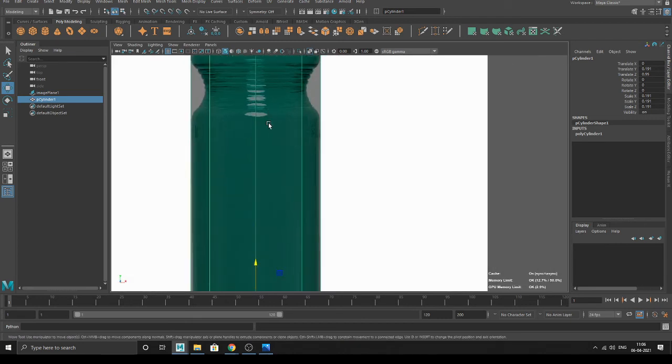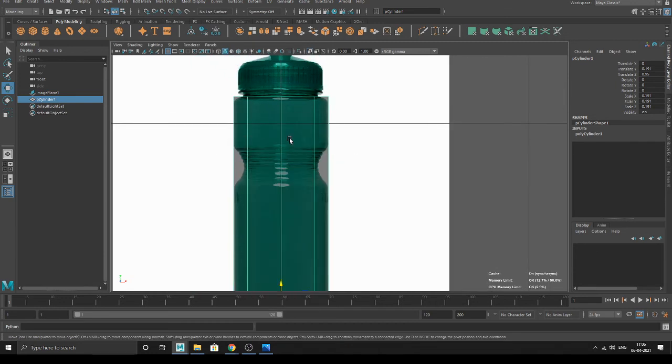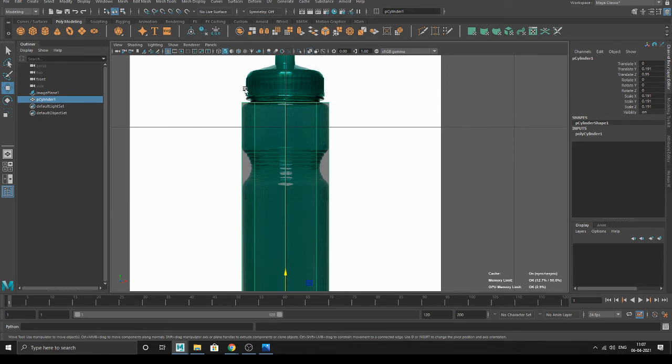Now what we have to do is add edges. We'll add one edge here, one edge over here, and one edge in the center, so that we can take the center edge inside. Now look how I will do it. First, how to add edges? Which tools are used for adding edges? Yeah, insert edge loop or multi-cut. Whichever tool you want, you can use. I'll use multi-cut. Where was the multi-cut tool? In the tools option, mesh tools. And the shortcut for it is shift right click. Keep this in mind, okay?